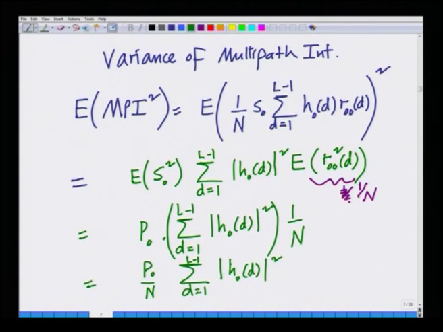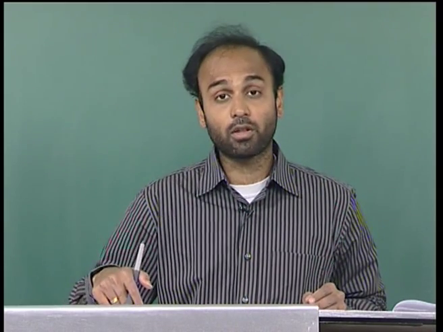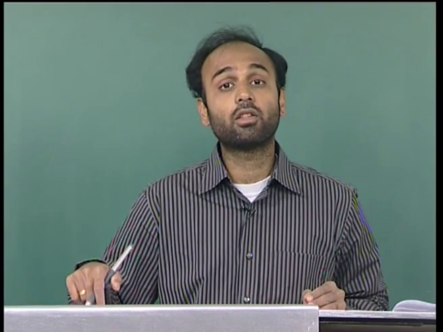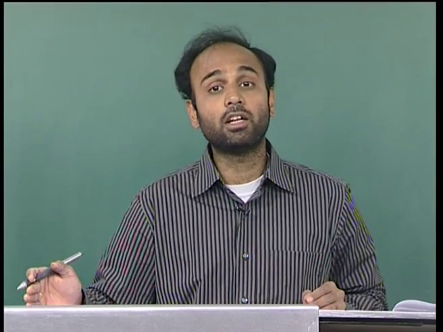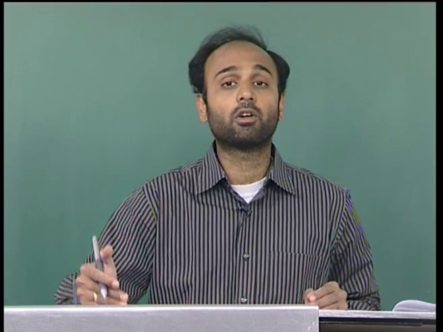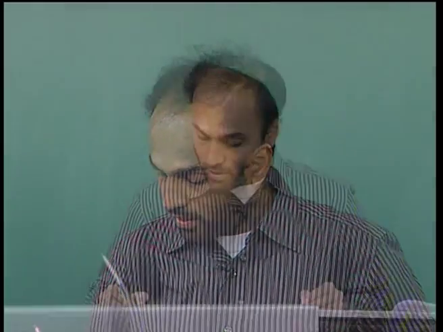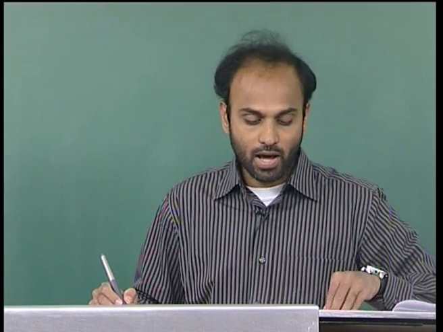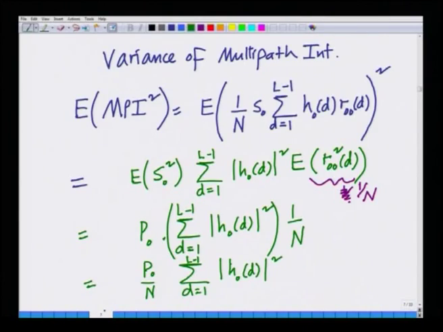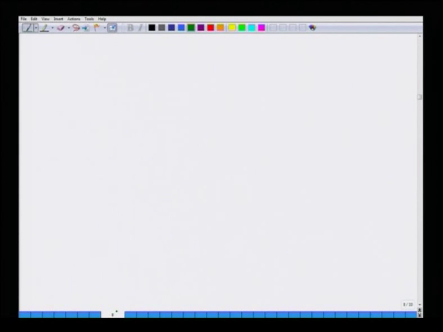So, this is the expression for the power in the multipath interference corresponding to the L minus 1 interfering components that interfere with the component corresponding to the path 0, that is the path with delay 0. Alright. And just to simplify this a little bit more analytically, this contains all the L minus 1 components. Just to make it symmetrical, I will also add the 0th component and subtract the 0th component. So, this can be written as P0 over n summation d equals 0 to L minus 1